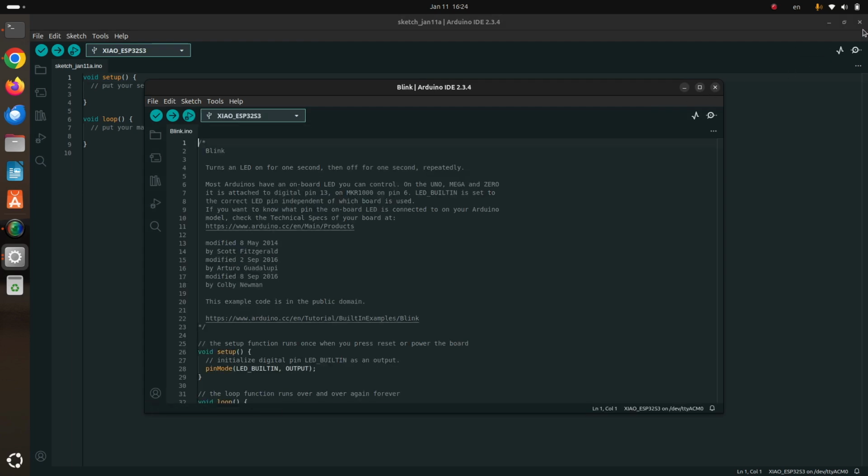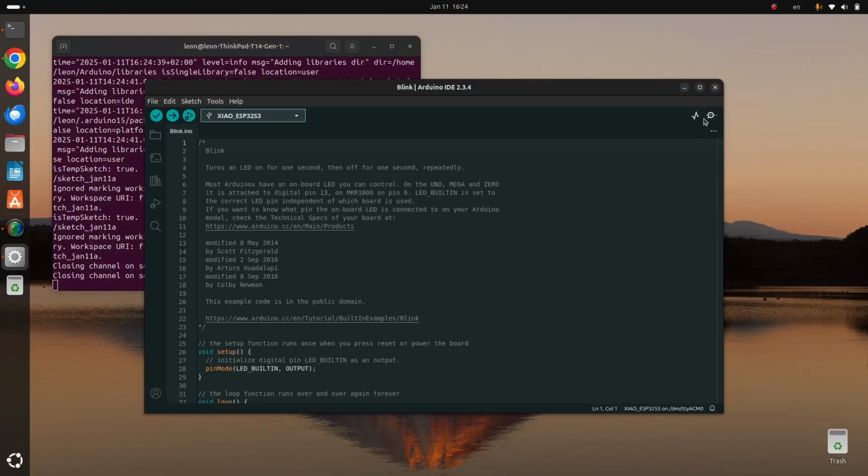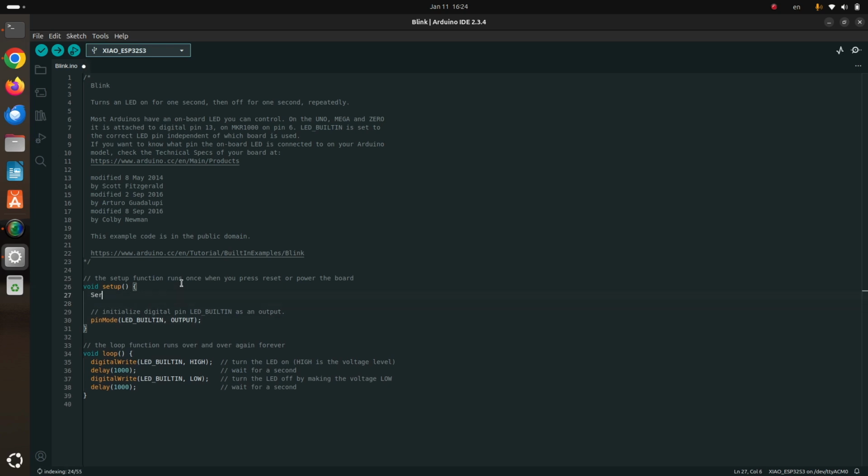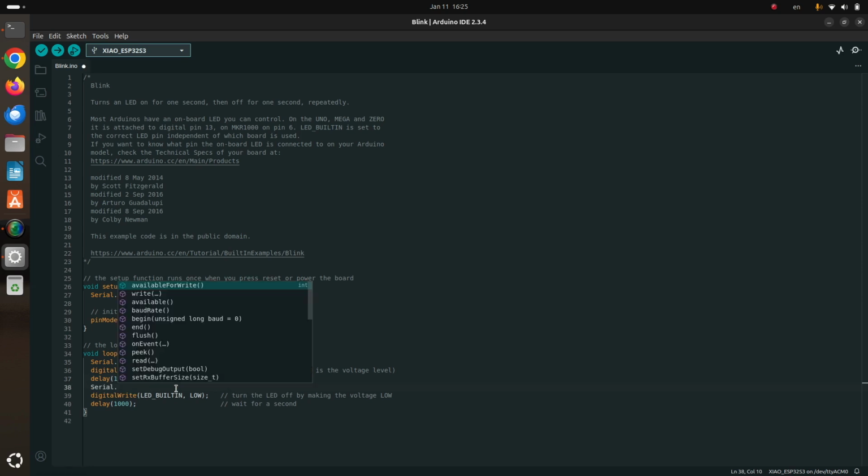Once this is ready, go to File. From it, select the submenu for Examples, after that for 01.Basics, and click Blink. The example sketch will be loaded in a new window. Let's make a super simple modification so that the sketch would output in the serial terminal when the LED is on and off. I'm going to use a baud rate of